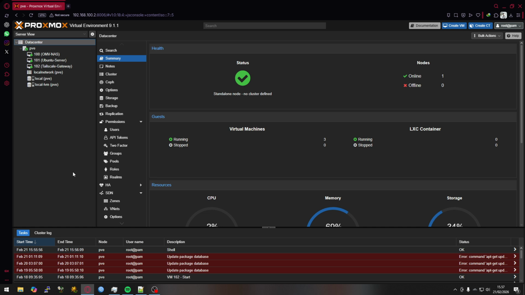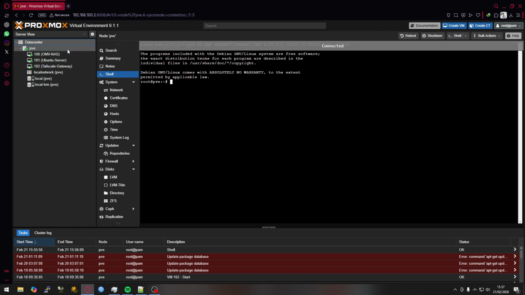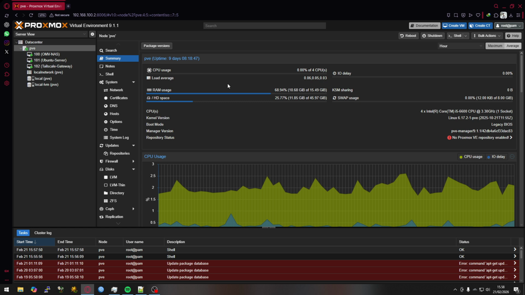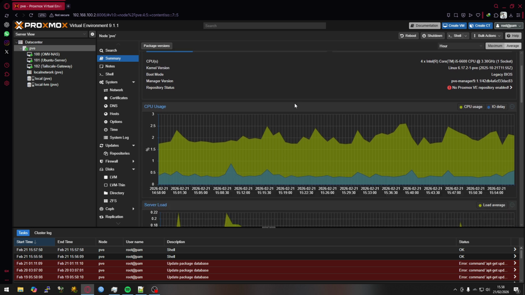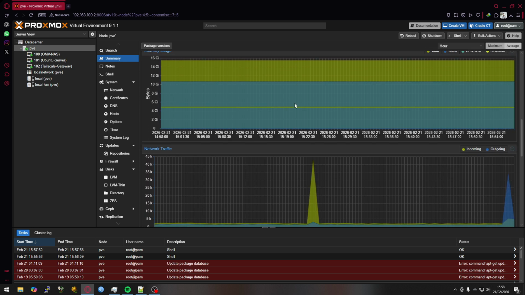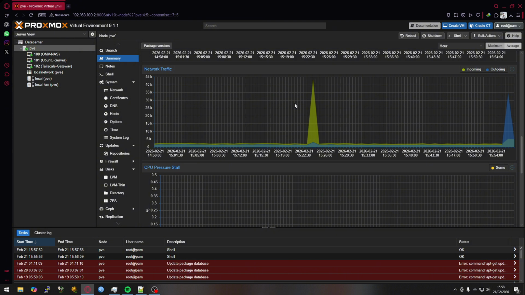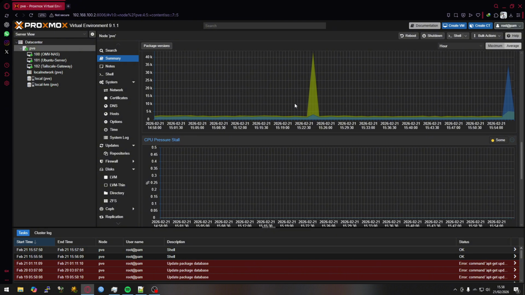Right now, you're looking at the data center view. This is basically the control panel for everything running on the host. Even though nothing complex is deployed yet, it already feels like managing a small cloud environment. Here you can see the node itself. From this dashboard, I can monitor the CPU usage, memory, storage, and network activity. One thing I like immediately is how clear the layout is. As someone coming from a troubleshooting background, having visibility like this is really helpful.